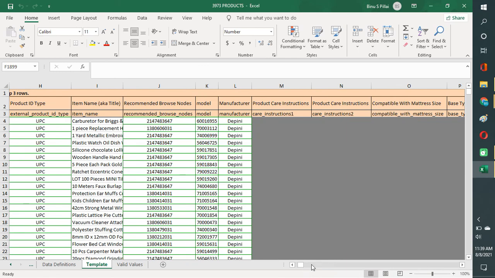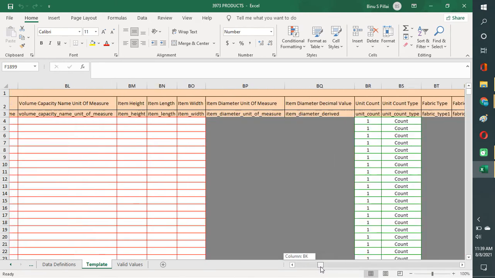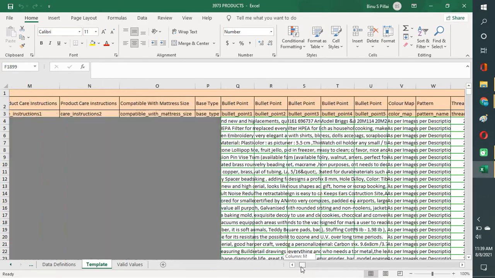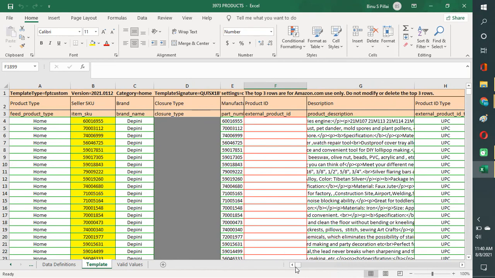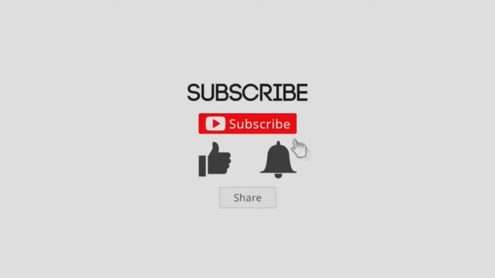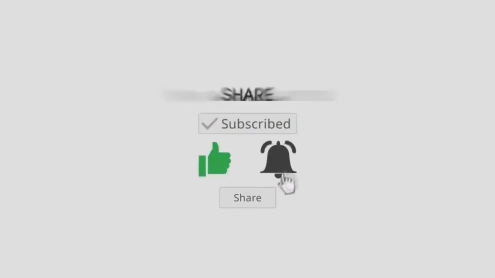In these ways, I found that this website is really good, and they have an automated system. Once you pay for your order, that means once you put some money in your wallet, they will automatically execute everything. And the only thing you need to be careful about is that these products are coming from China, and it will take a minimum of 2 weeks for delivery. So you have to adjust your delivery date based on it. Hope you all got an idea about this site.